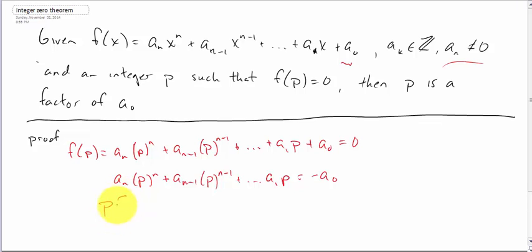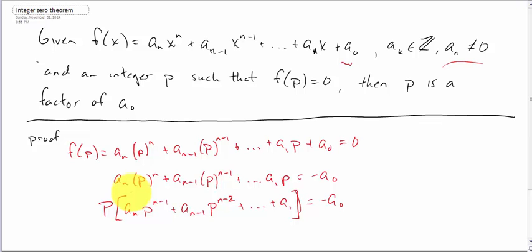So factor out the p. And we've just shown that p has to be a factor of a sub 0, because we've written a sub 0 as the product of p